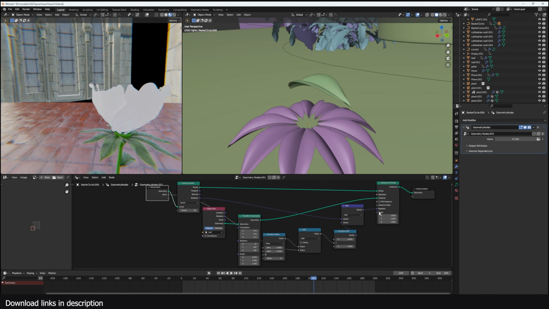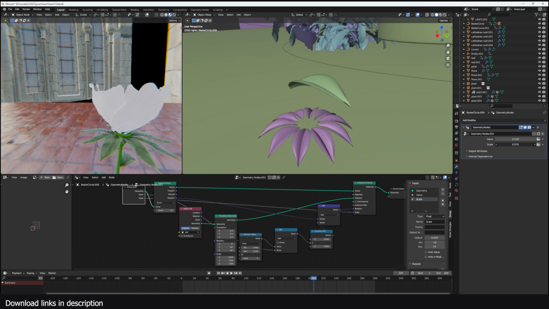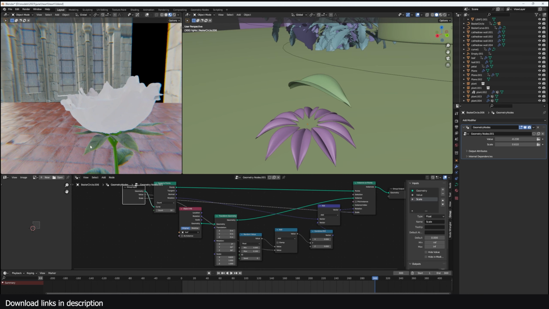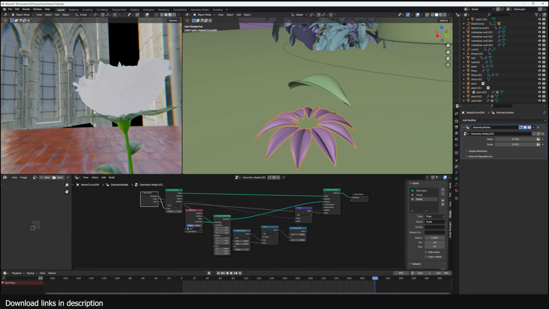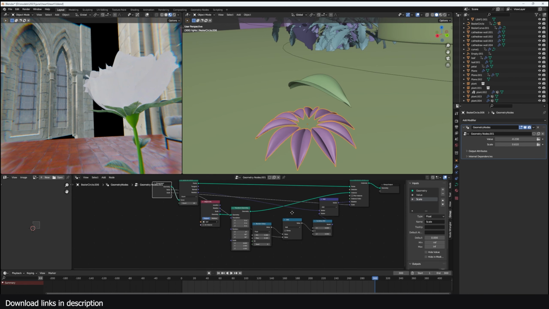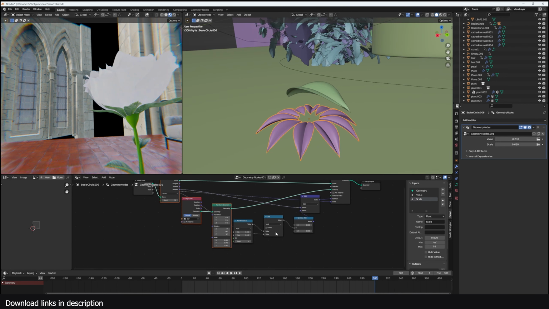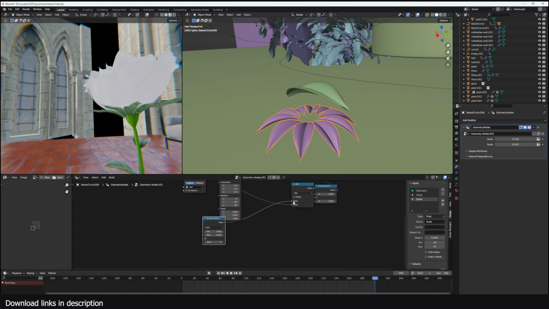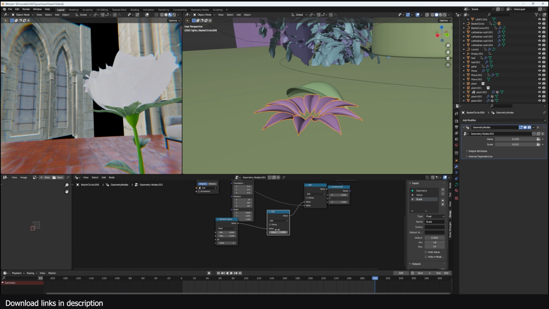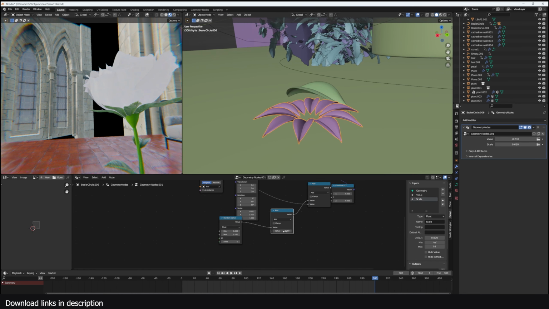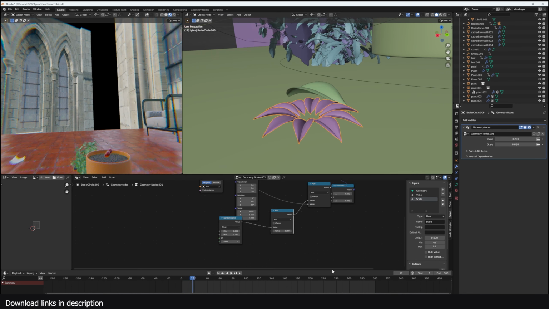So I want another value for the scale here. Yeah, so you can see I can animate this as well. So what I want to do is create a reveal animation for these. I did it a bit differently in my version because I used a sine wave to add some nice animation to this, like a bouncy effect. So if I go to this here, this is our rotation, and add, if I want a bounce effect, like what I have in this animation, that bounce effect you see there, you could